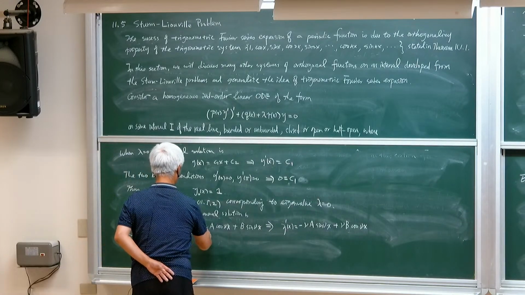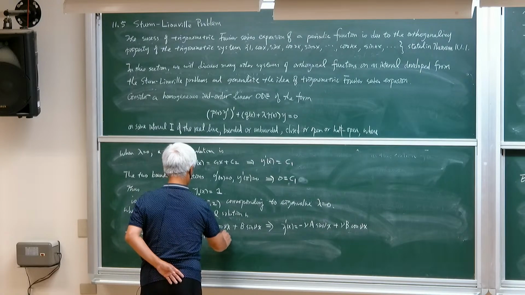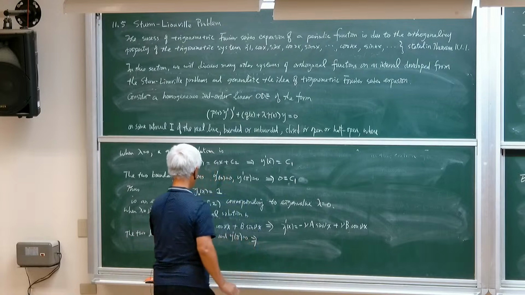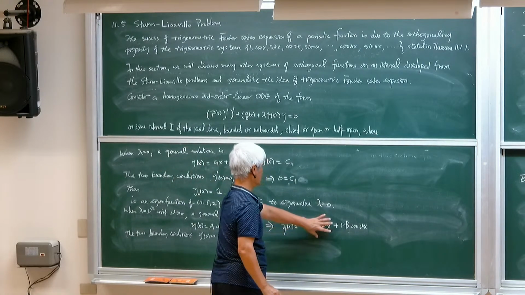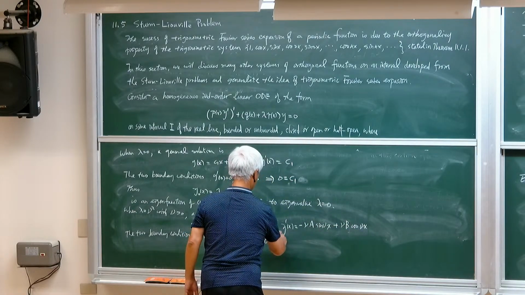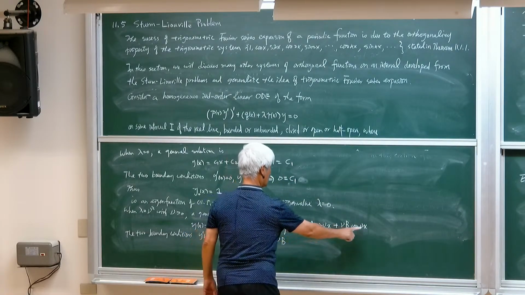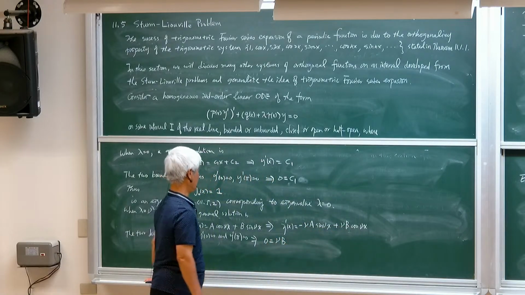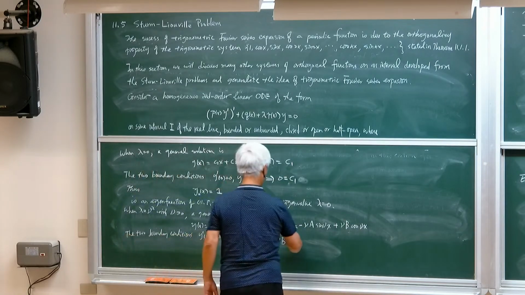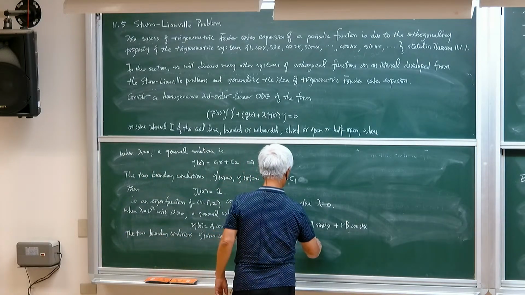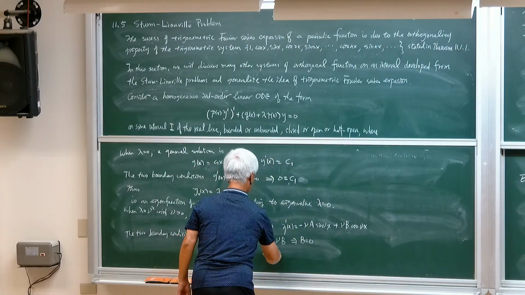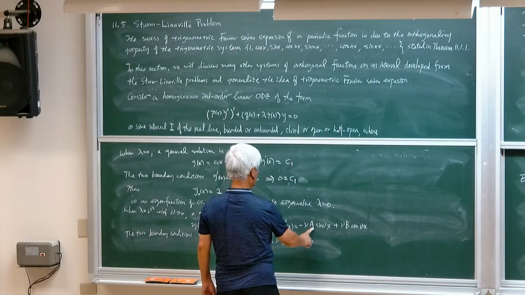Okay, and y prime 0 is 0, and y prime pi is 0. This implies that when you do the substitution of 0 here, this is 0. And so we have 0 is nu b. Alright, so this is the first one, and nu is positive, so this implies that b must be equal to 0. Okay, the other one is x equal to pi, so that